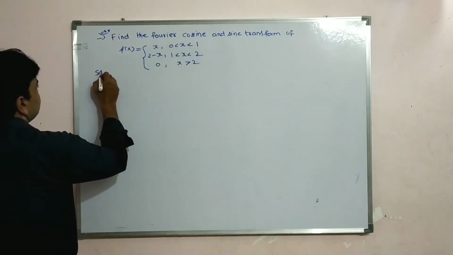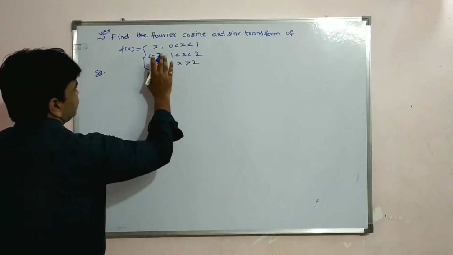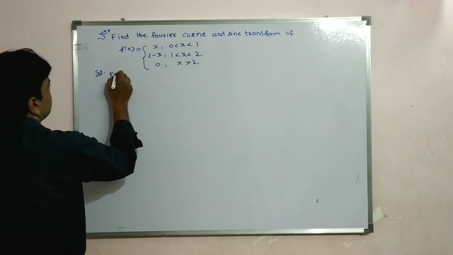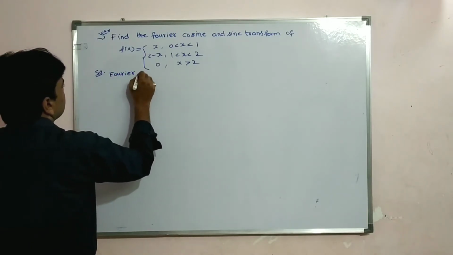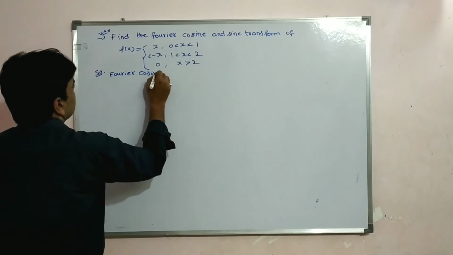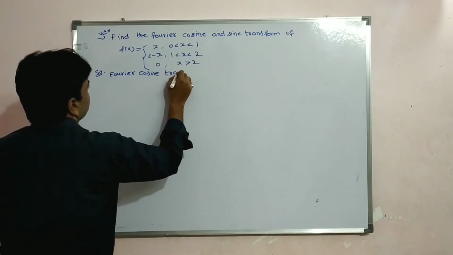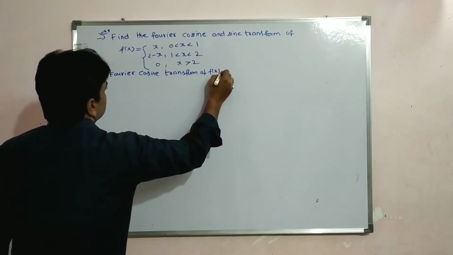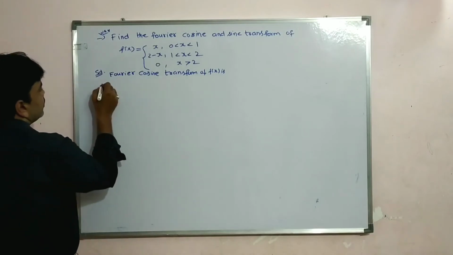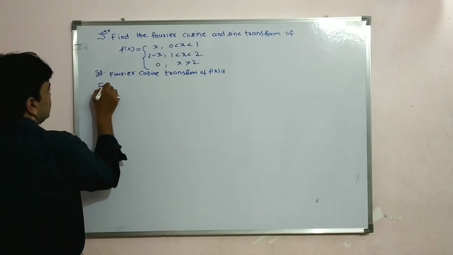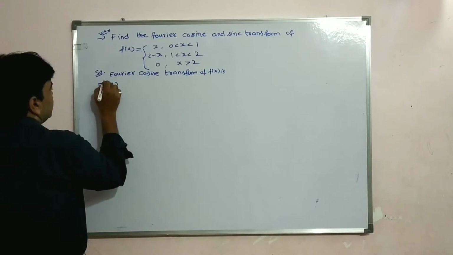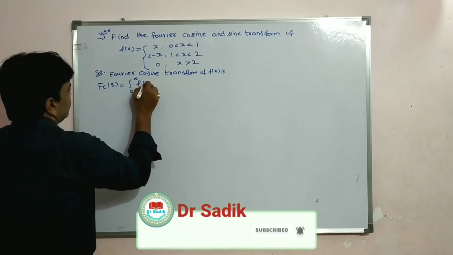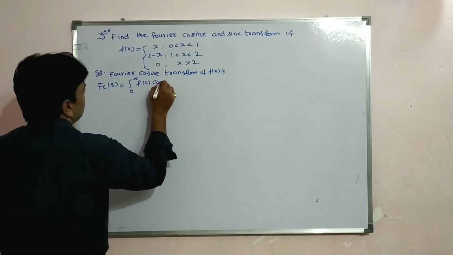Solution. First I want to find the Fourier cosine transform, students. The Fourier cosine transform of f of x, so Fc of s, is equal to the integral from 0 to infinity of f of x cos sx